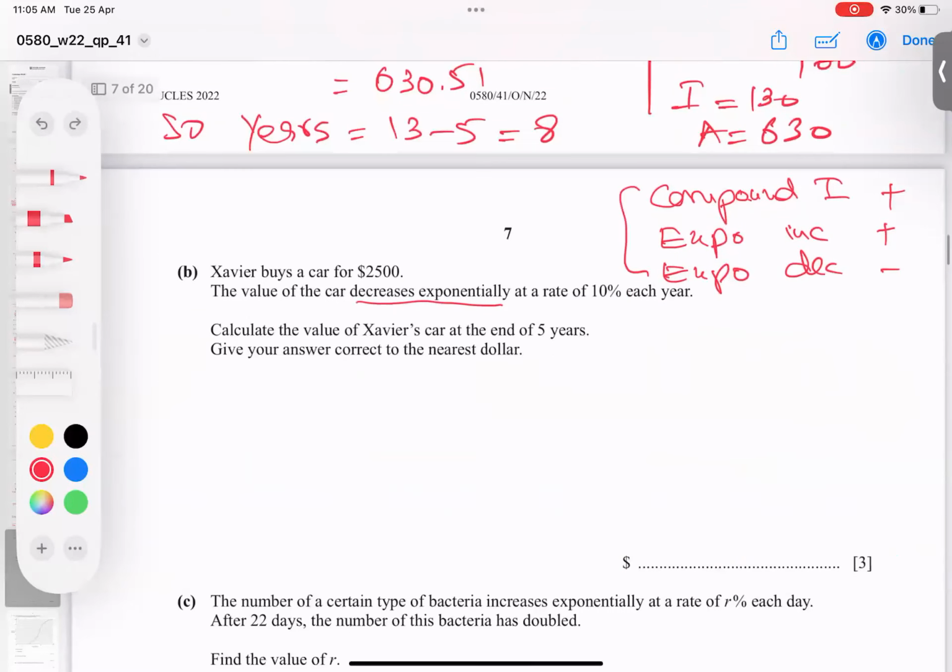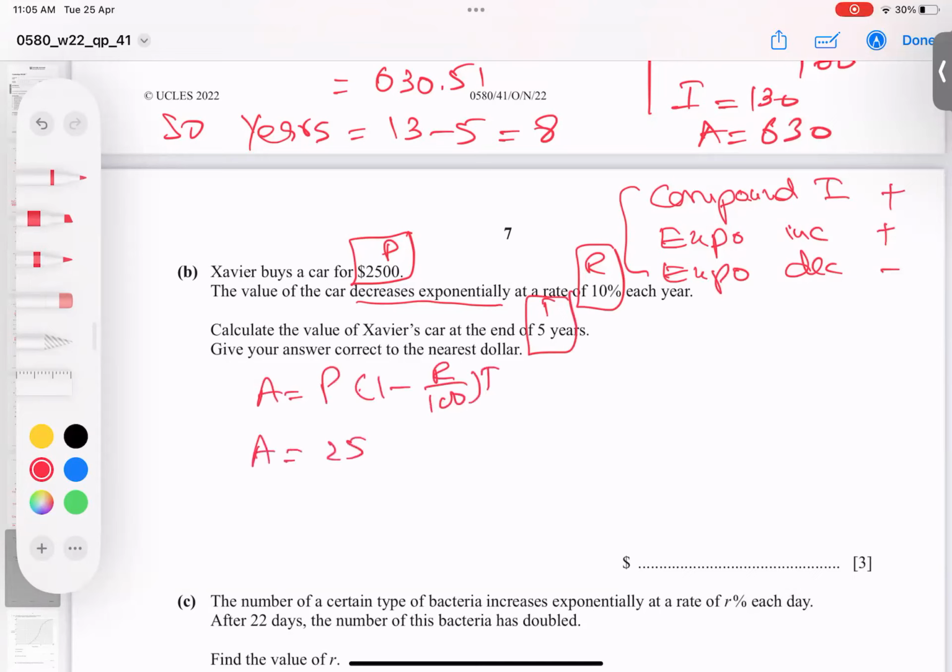That's it. So he's saying this is a P investment, and that R is 10% every year as the value of the car decreases. And I want to find after 5 years. So not a hard job. A equals P(1 minus R over 100) to power T. So I hope you got the logic very clear. So R is 10% and time is 5 years. So if I apply the formula, what answer turns out to be